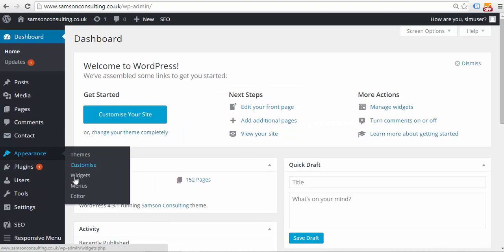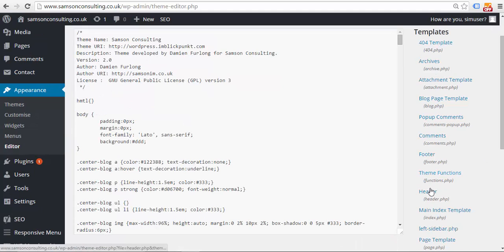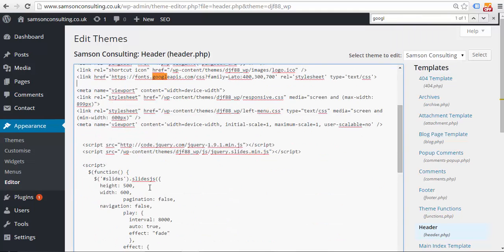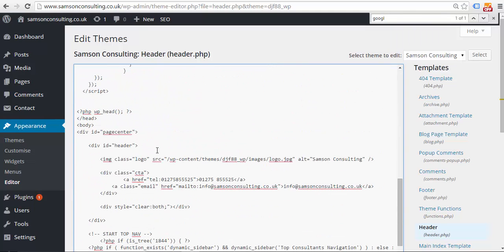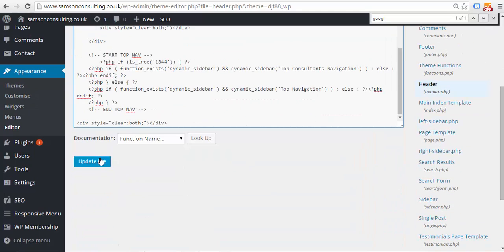So you go to Appearance, Editor, and then you come down the right hand side to your header tag. You'll have a piece of code to just drop into your website to confirm you own it, which goes in just before the body tag starts. So it'll go in there, you'll type in the code snippet from Google, which it gives you, which is just one line of code. You go down and press update,